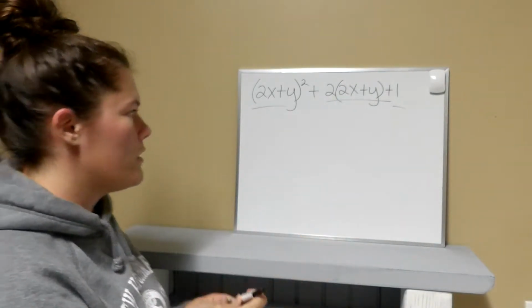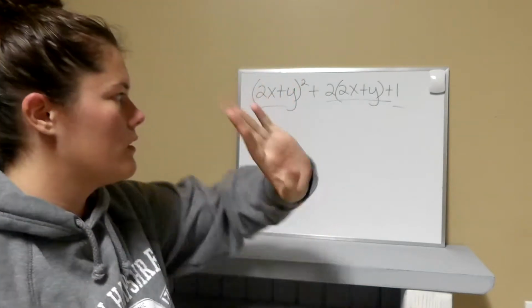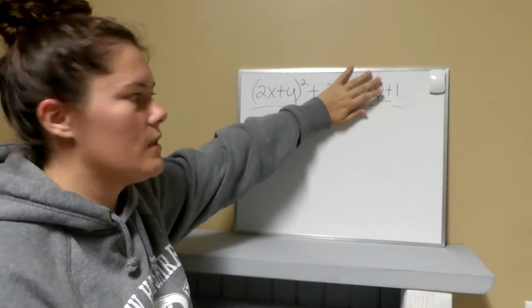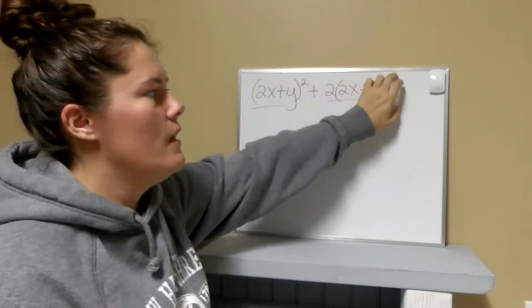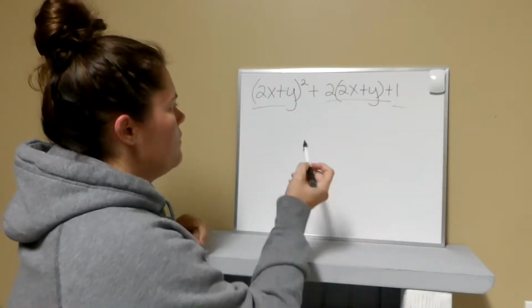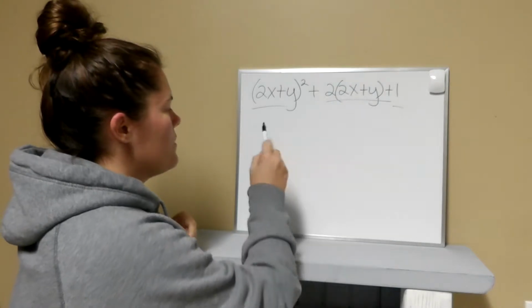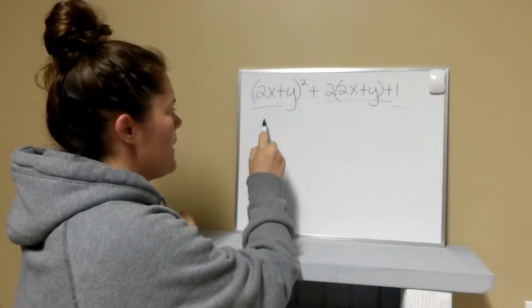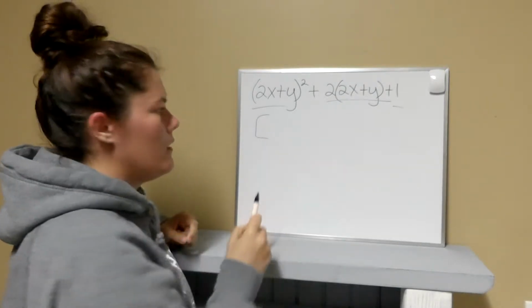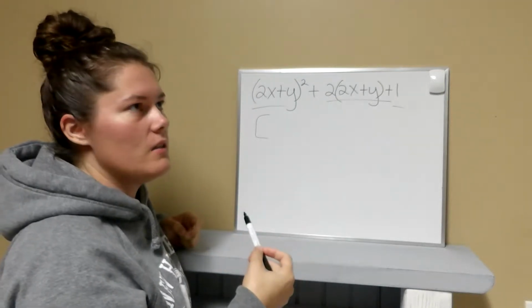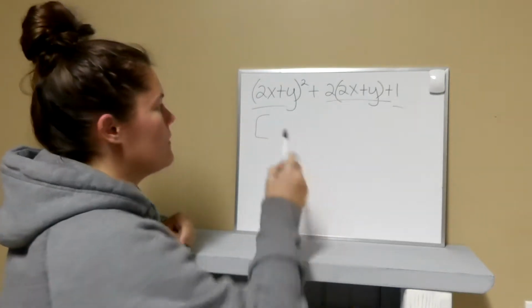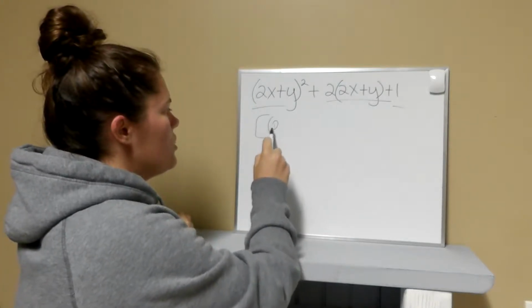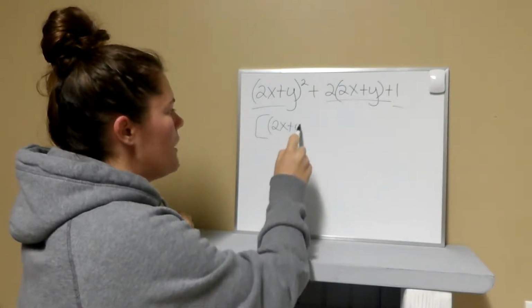So what you're doing is you're basically leaving this part alone. You're not really touching this. You're dealing mostly with this side and this side here. So when you're factoring this, I'm going to do it in brackets, because with all of this, it's going to be easier to do it in brackets. So you're going to have 2x plus y